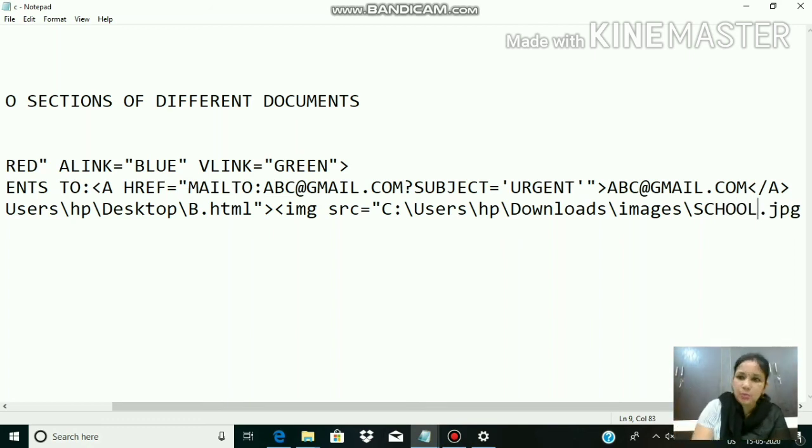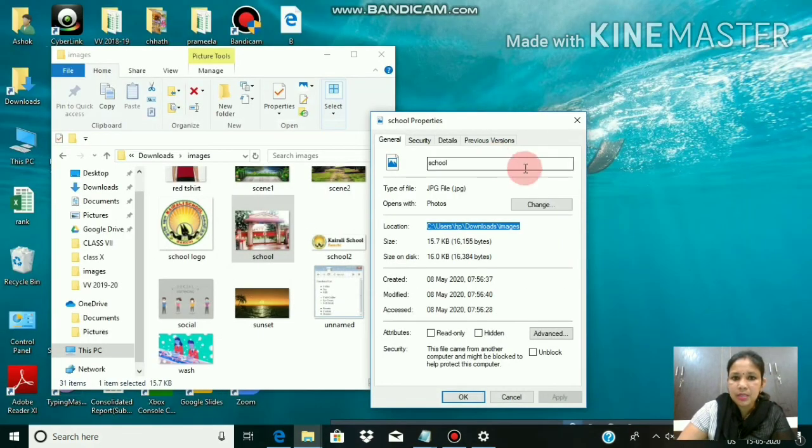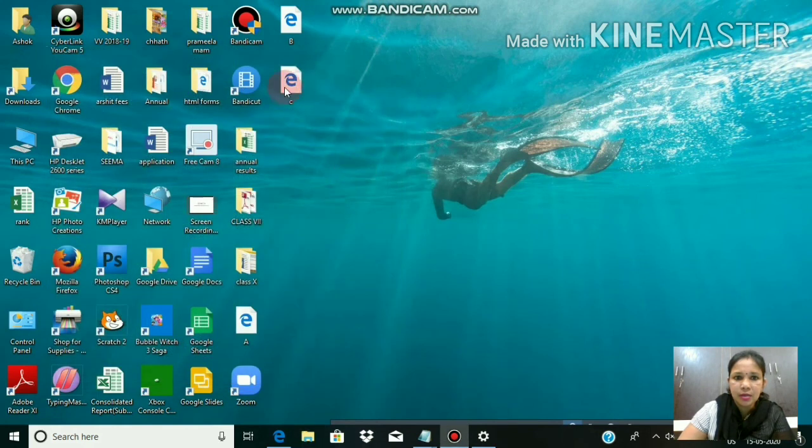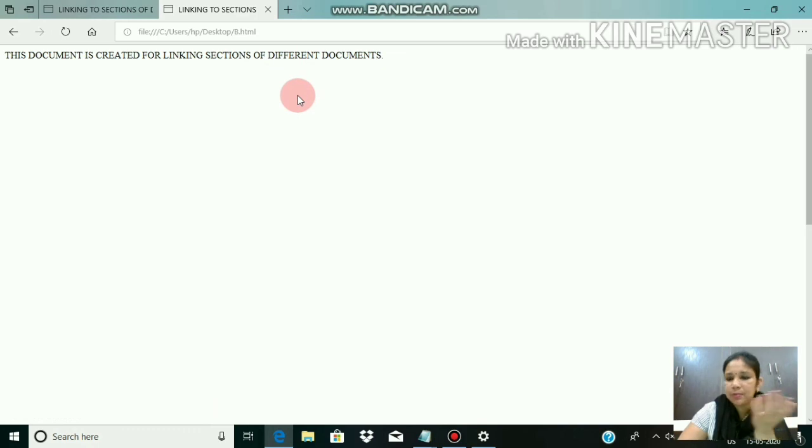So make it in small letters, school, and then save it. I think double quotation marks were there. File, save, minimize, close all this extra, and open that web page. Now you'll see, can you see this? Image is there and hyperlink is created. Click on that, another document, that is b.html, will open.